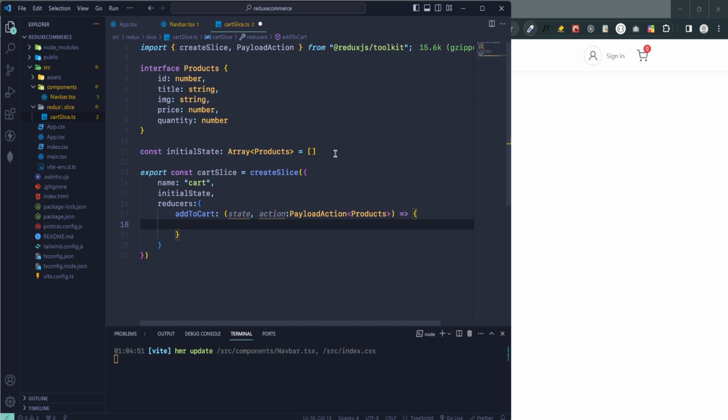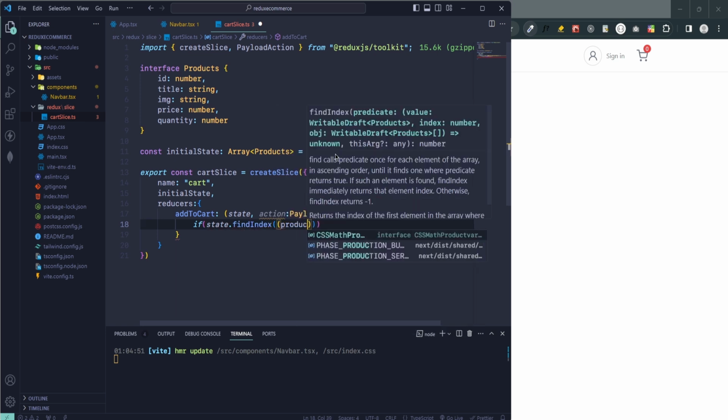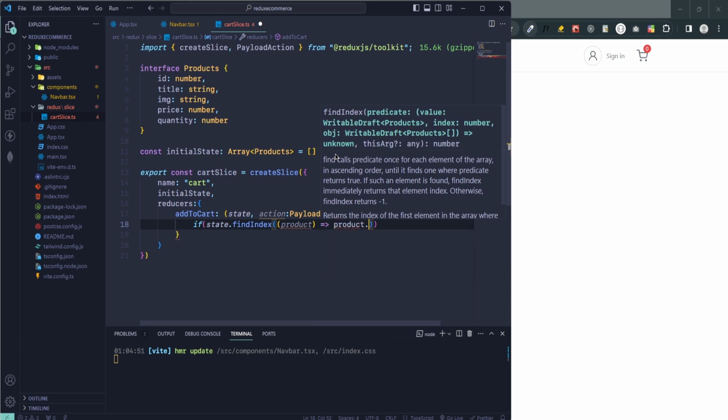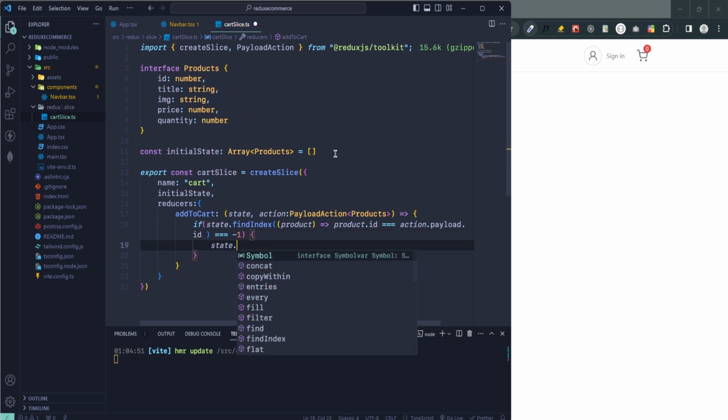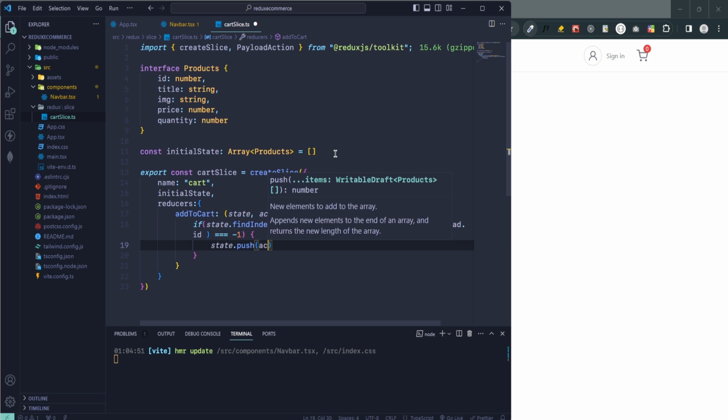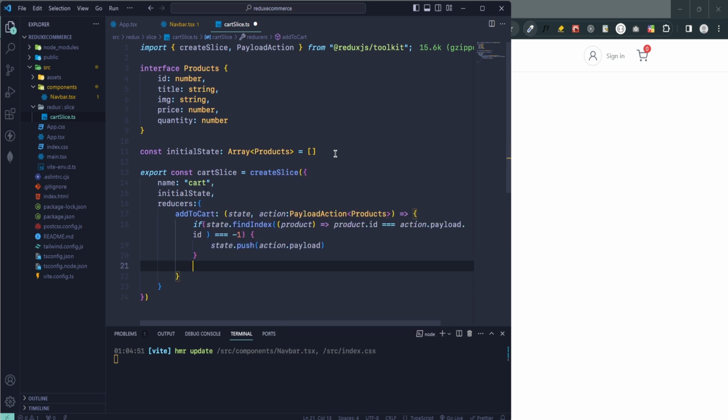Firstly, if state finds index, we will use the findIndex method. The parameter is products. Product id is equal to action payload id. That is, if the product id is equal to the id we selected, and this equality returns -1, then state push action payload. Else